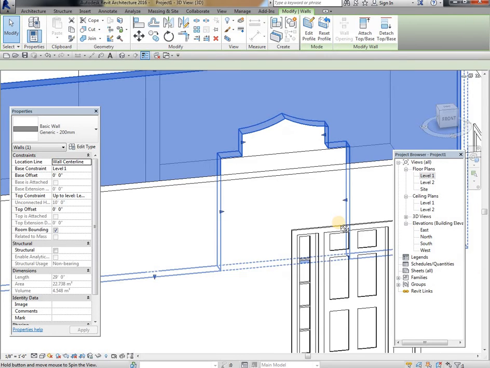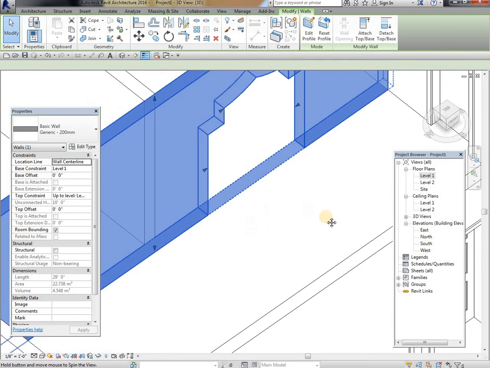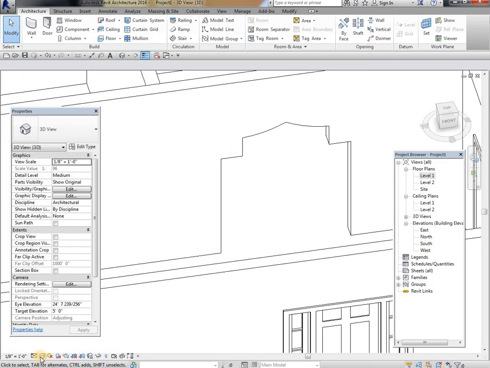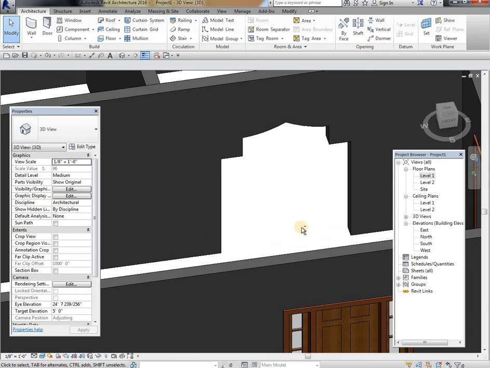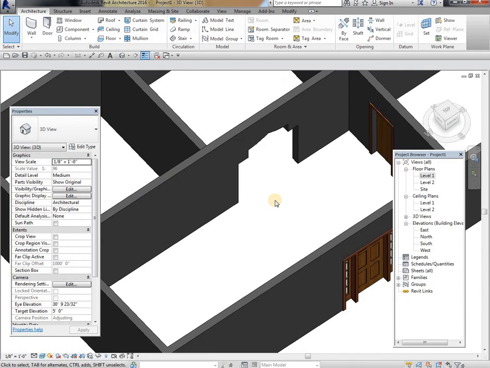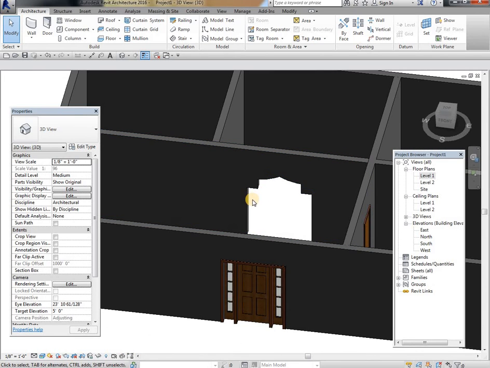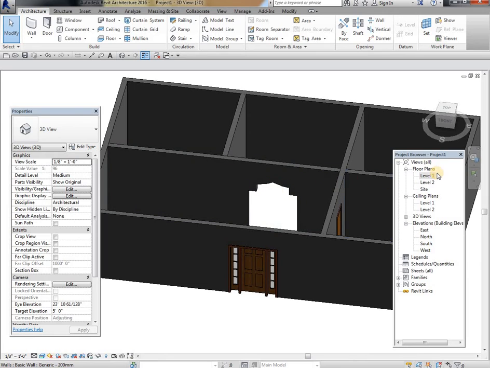Tilt it around. See, our opening is ready. I'll show you in realistic view. I think now you know how to place the doors and how to edit the customized door opening. So next, move on to the windows.